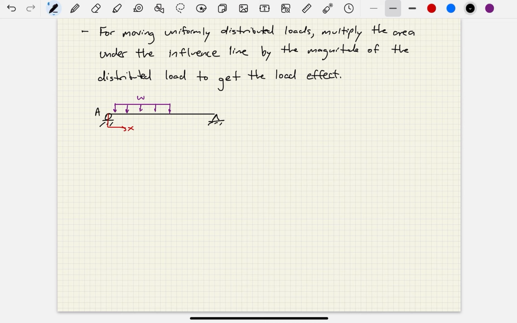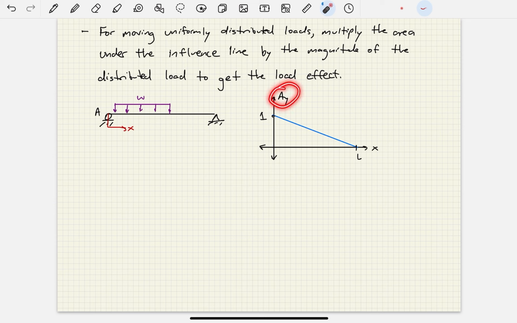So let's say this is point A. And again, let's sketch this influence line. Hopefully we're all really comfortable with sketching influence lines for reactions now because we've done it so many times. But this is AY. This is X. And you know that influence line is going to look like this for AY. This is L, this is 1. Okay, so if you want to maximize AY in this case, what you do is you multiply the area beneath